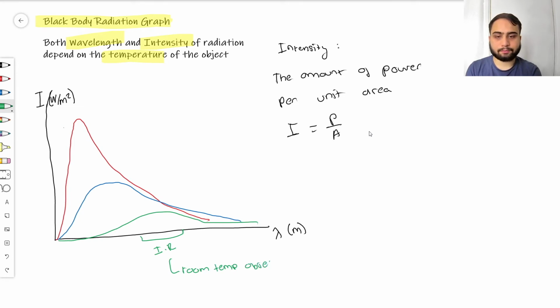Objects. Say this pen, a table, a sheet of paper, they're all giving off infrared radiation. Now remember, humans can't see infrared radiation, which is why you can't tell that it's giving off something, but it is, and the intensity is very low. Then when the wavelength decreases, remember, wavelength decreases, frequency increases, energy increases,